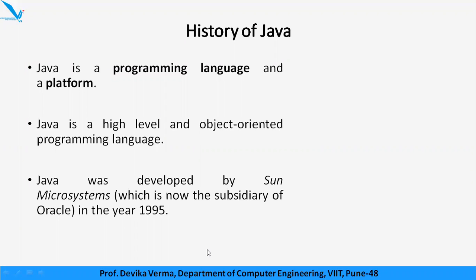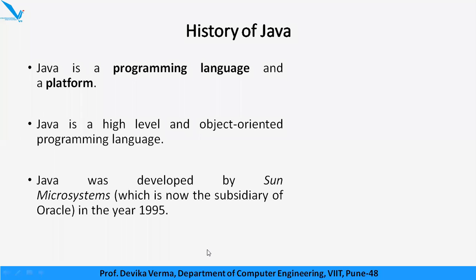Now, what is the difference between a high level programming language and a natural language? So a natural language is something that we use to communicate with each other. So English is a natural language, okay? And that makes it different from programming languages, that we have a fixed compiler for these programming languages, a fixed syntax is there, and that is there even for English. But I hope you understand the difference between the high level programming language and the natural language that we use for our everyday communication.